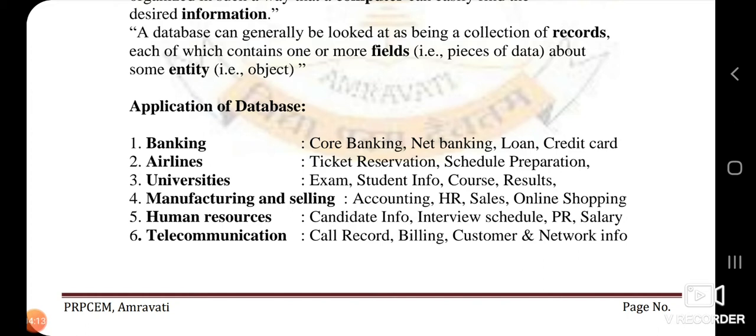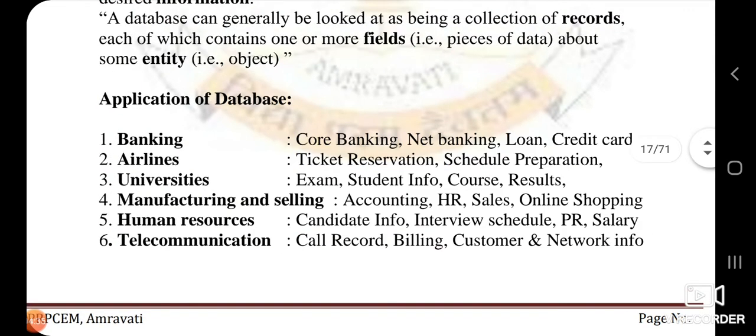From any bank to any bank, you can deposit, you can do anything, from any to any. Now, net banking we already know. All this you can do at your place with the help of the internet on a laptop. That is known as net banking. Nowadays it is phone banking. We are all much aware of it. Then loan, credit card, etc. So obviously, it is the application of database.